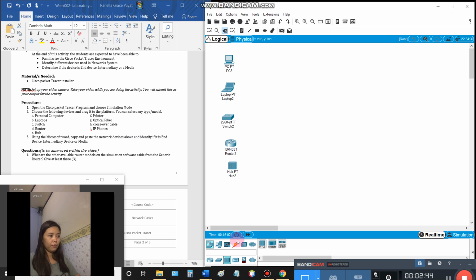The printer for letter F. So going back to the end devices and look for the printer. So this is the fifth icon. Letter G is the optical fiber. So optical fiber is media. So we're going to click on the connections and look for the fiber. So the fifth icon represents the fiber. Okay, but I cannot drag this to